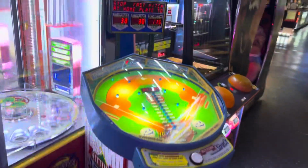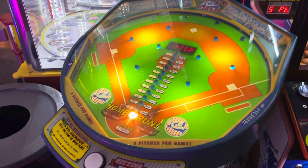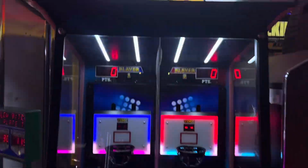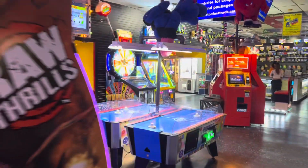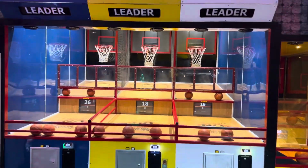There's 2 quick shots. There's a photo booth. There's a super, super rare home run, which is almost like Cyclone in a way. You hit it on the jackpot. And here's the basketball I was talking about, the modern version of it. And then Jurassic Park. And that is, oh, actually no, over here, there's some really, really cool looking basketball games